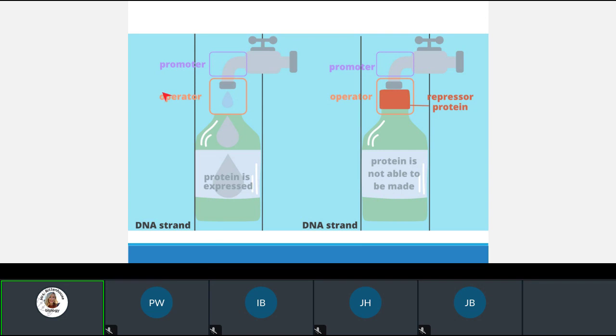All right. The next part would be the operator. The actual operator is the spigot that opens where the water can come out and say, water, come here. This is where I want you. And then our proteins are expressed. So there's a promoter that has a flag that says it's this way, we want you this way. The operator is actually the source of where it starts coming to fruition.